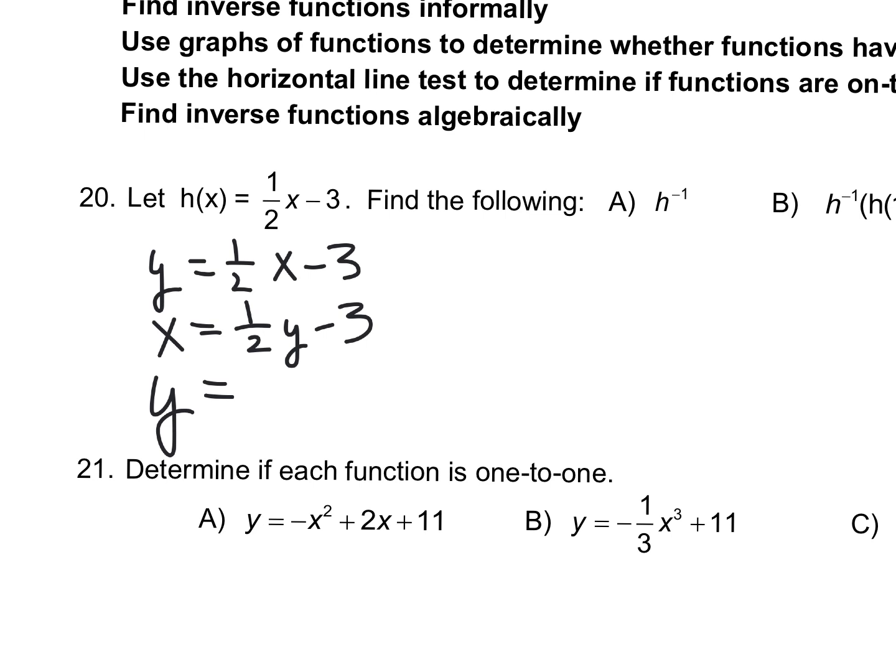You can think about that being the last step. So to solve for y, I would add 3 to x first. So I have x, I'm going to add 3. And then I'm going to multiply by 2, because I have a half y, which ends up giving us 2x plus 6. And then we are going to get rid of the y and replace it with h inverse